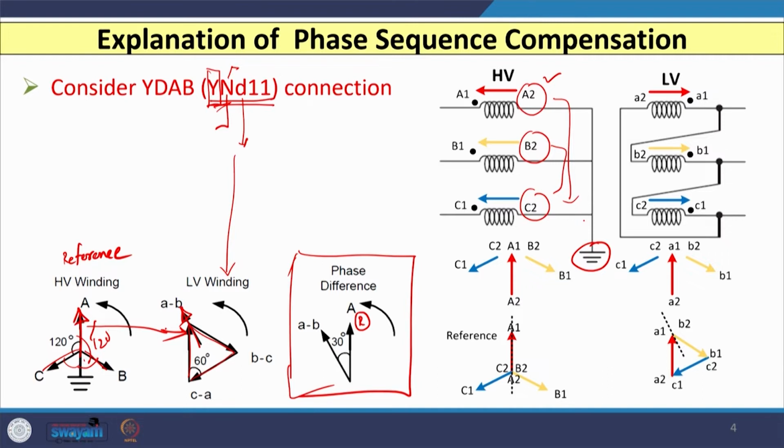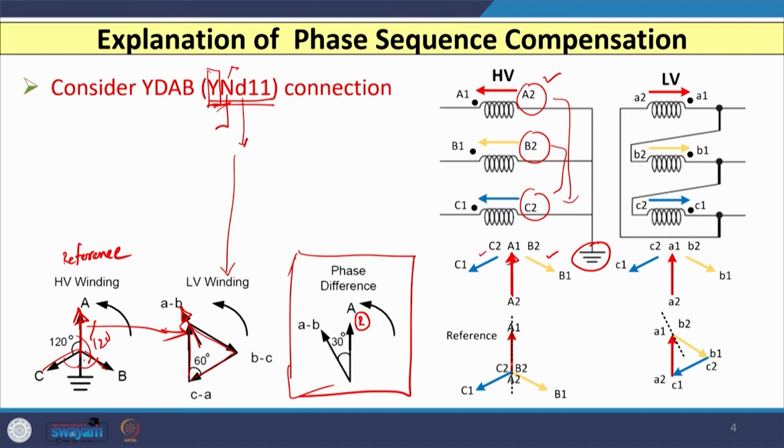So, if I draw the phasor diagram, because you know that these 3 windings in each phase are mechanically 120 degree apart, you can see that this phasor which is A2 to A1 in R phase is like this. In the Y phase, you can see the phasor is from B2 to B1 like this, and in C phase the phasor is from C2 to C1. If I arrange these 3 phasors 120 degree apart, because the coils themselves are 120 degree apart, and as A2, B2, C2 are connected together,